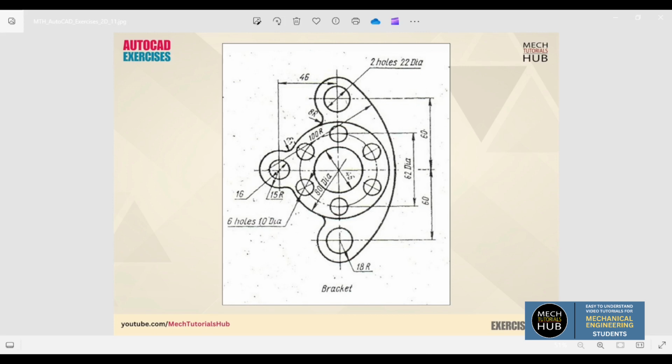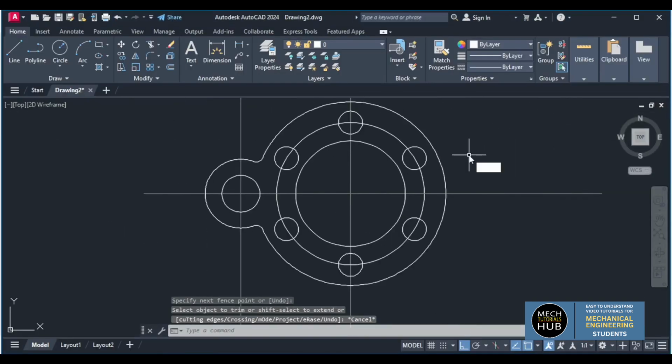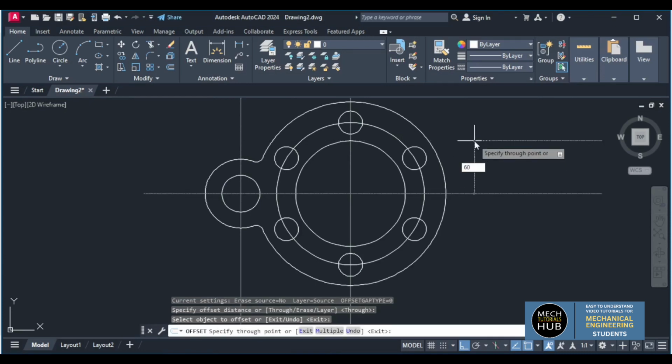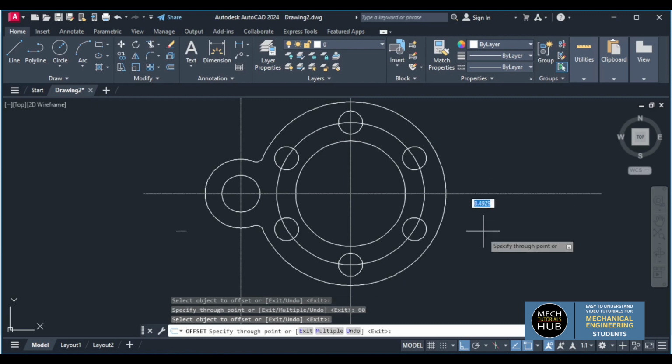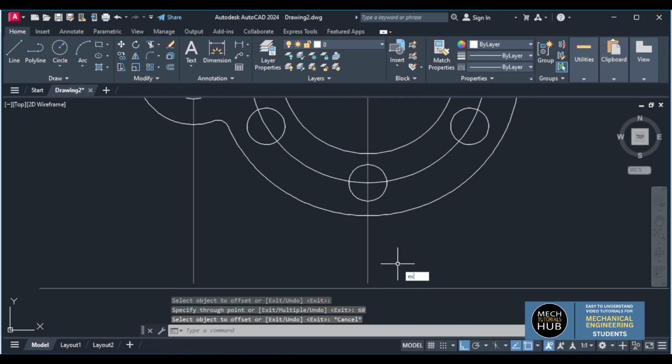For that again I'll use a command called offset. O enter, through enter, this one at a distance of 60. This is also the bottom one at a distance of 60. Now wherever those two lines intersect, EX double enter. This is not intersected, that is the reason I am taking extension,